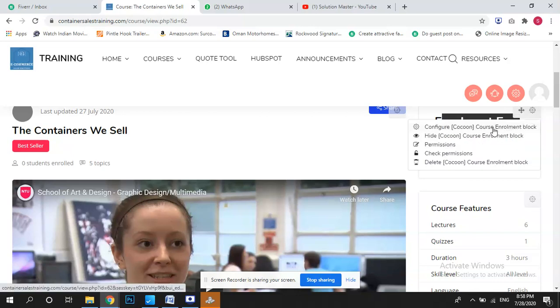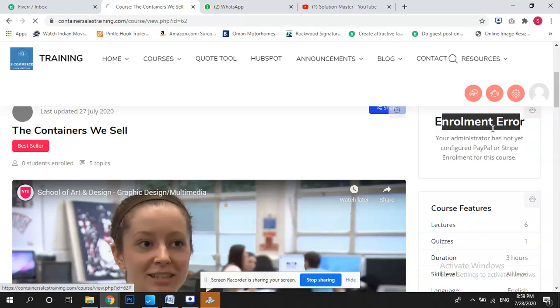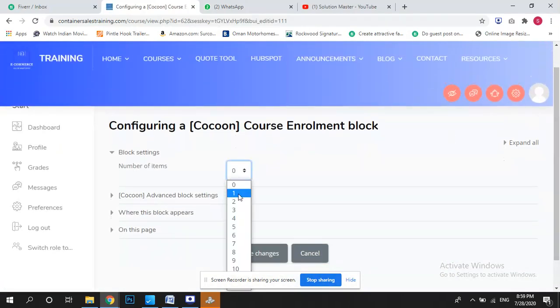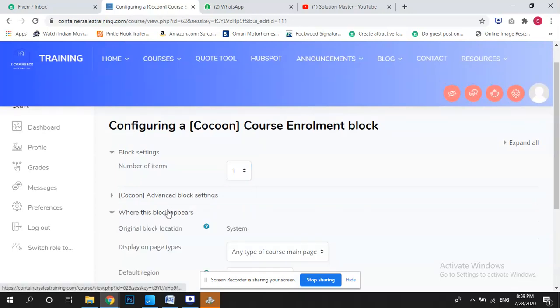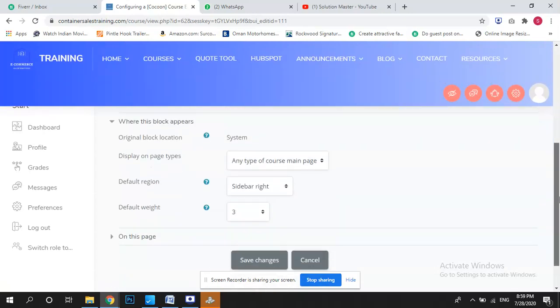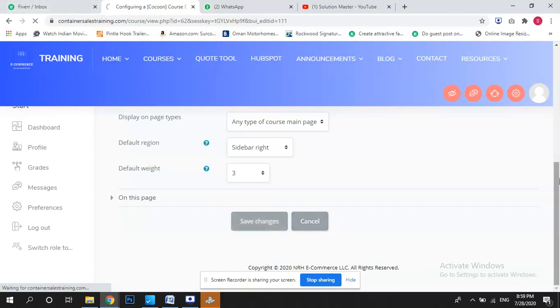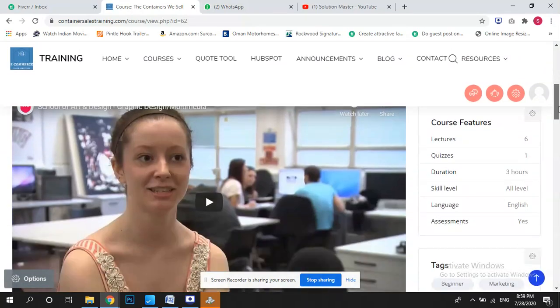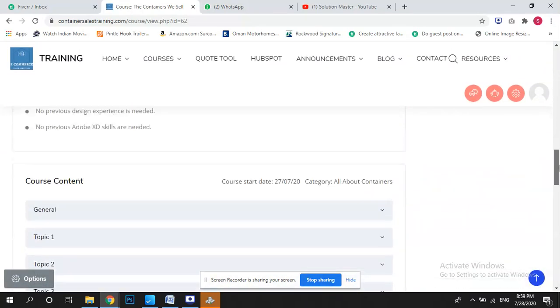I will click here and configure the enrollment block. Okay, number of items one. Anything you can put here. Okay, let me save this option. So first of all, I have fixed the enrollment block.